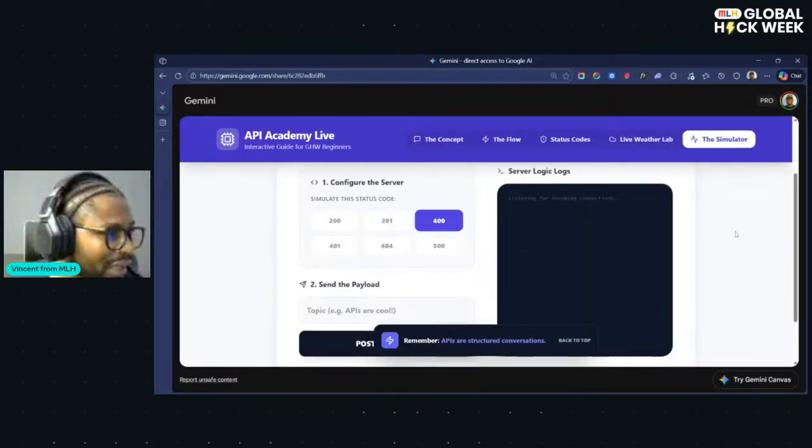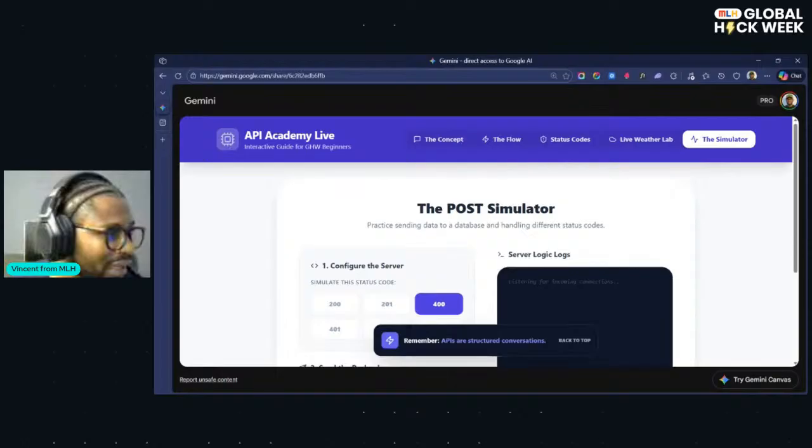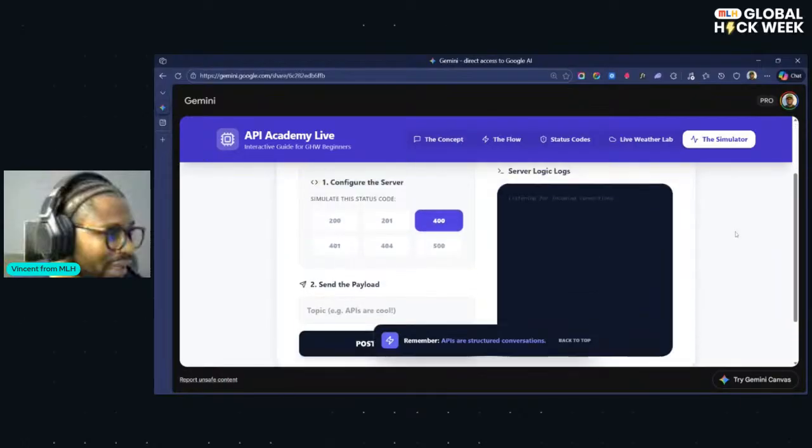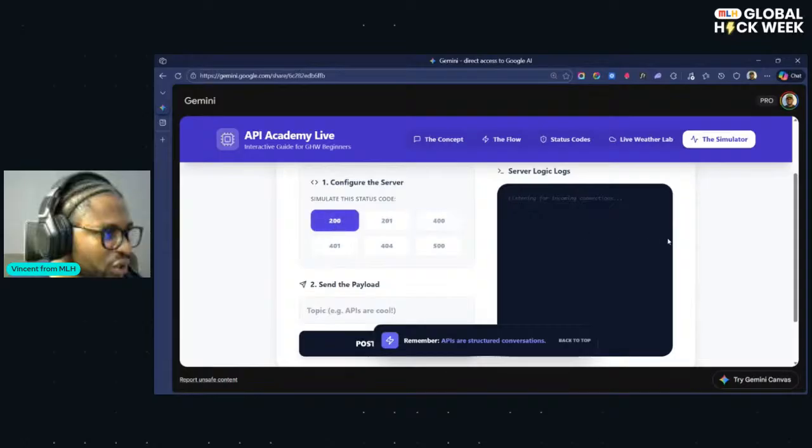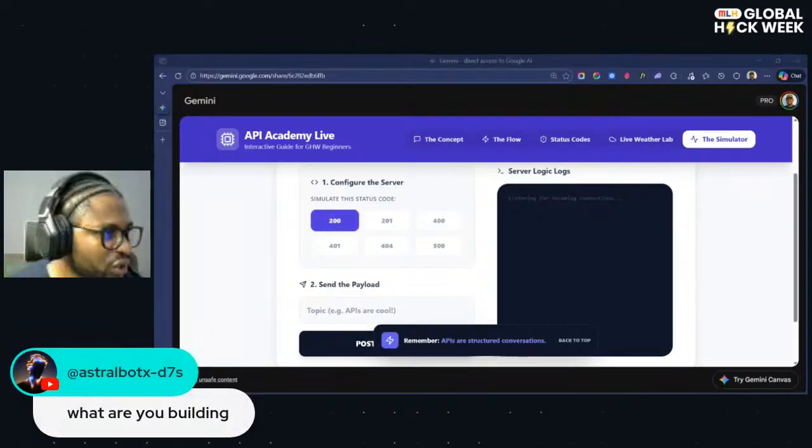Let's look at lastly a simulator right here, a post simulator. Like what happens when you make a 200 request, a 201 request, 400, and so forth. Most of these have color codes. What are we building? I don't know yet what we are building. We can come up with what we are building, and then we can look at an API we can consume. Do that all together. We'll come up with what we want to build, and we can see how we can build that by coding it and consuming the API.